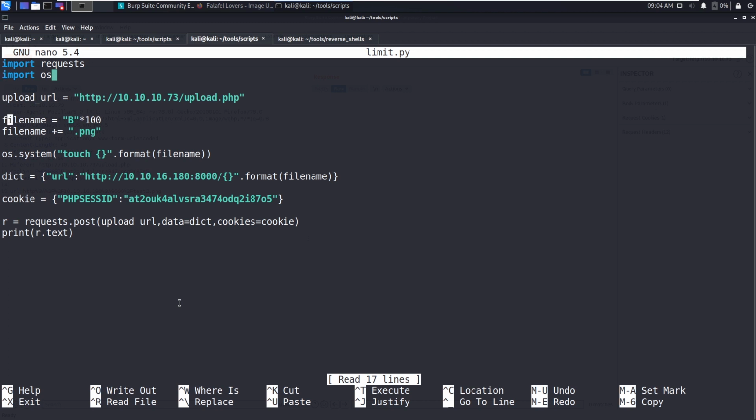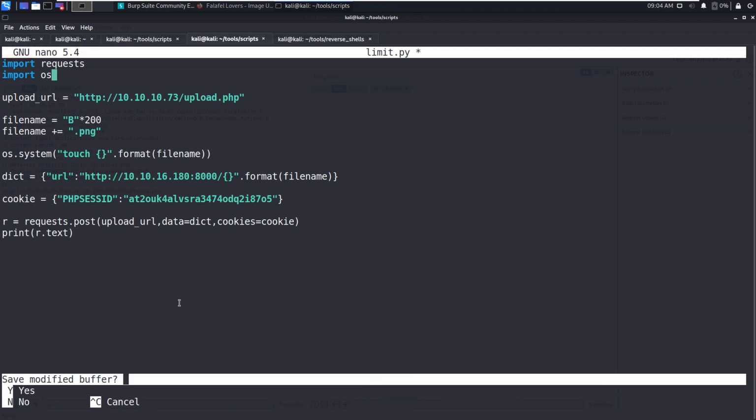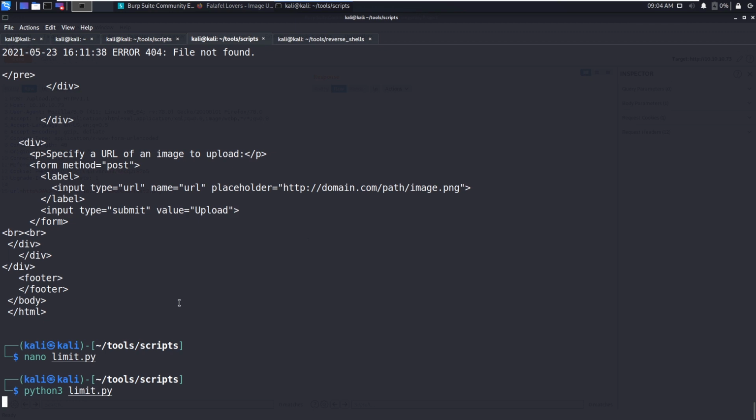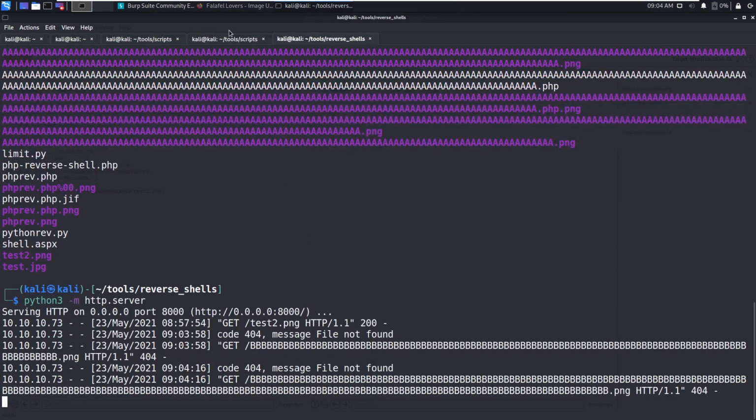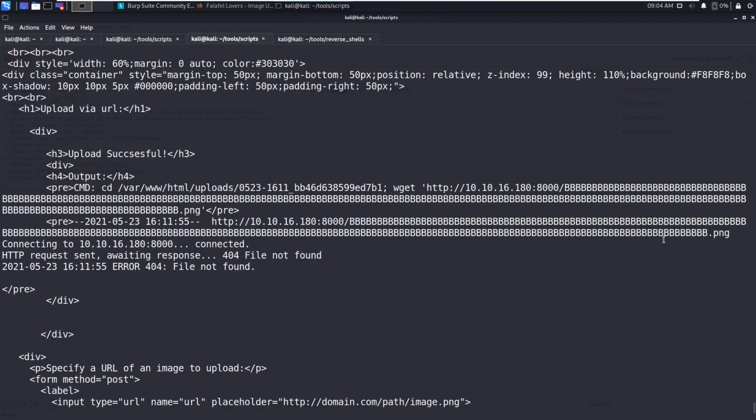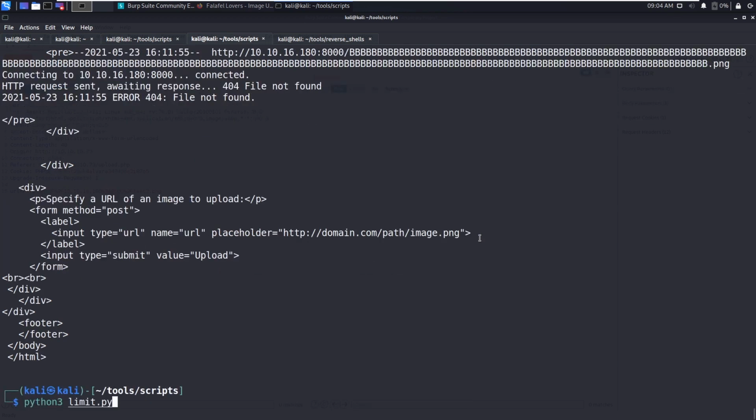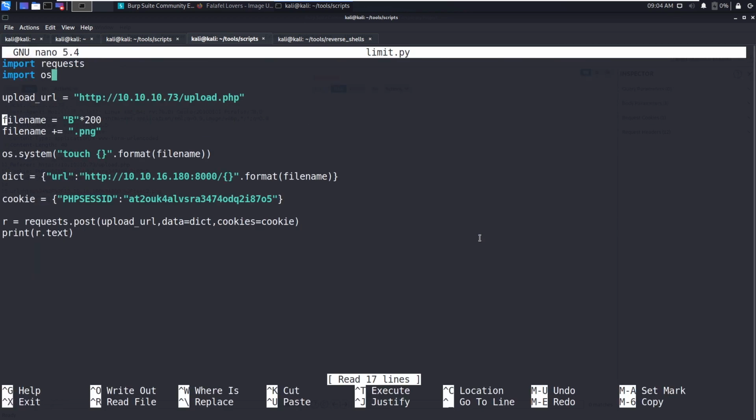So let me increase the number to 200. Okay, I think it has successfully uploaded 200 bees.png. So let me increase to 300.